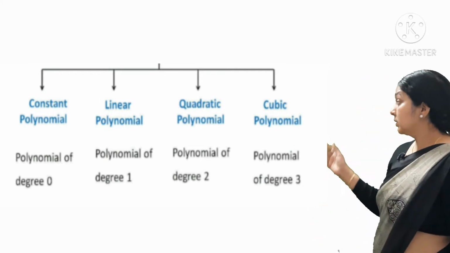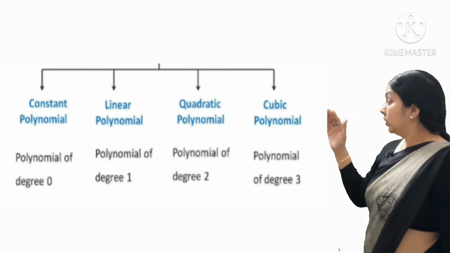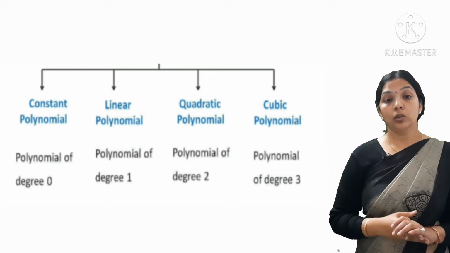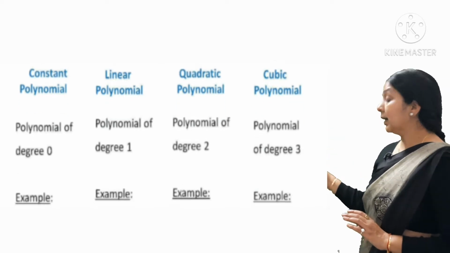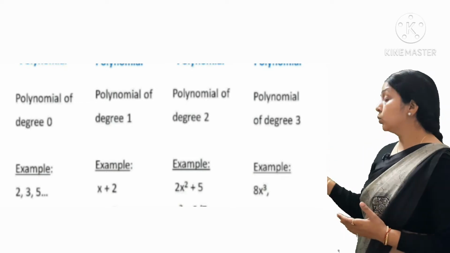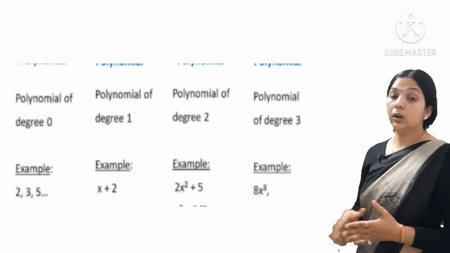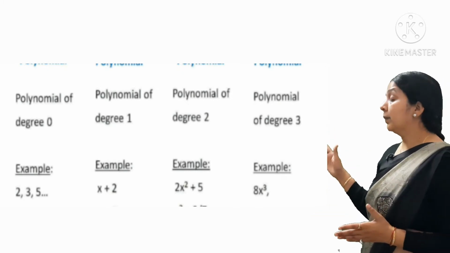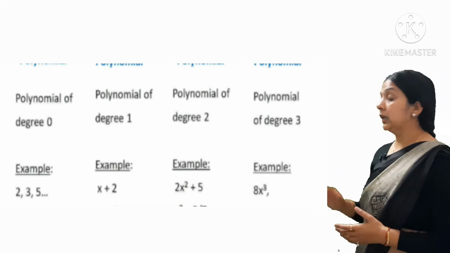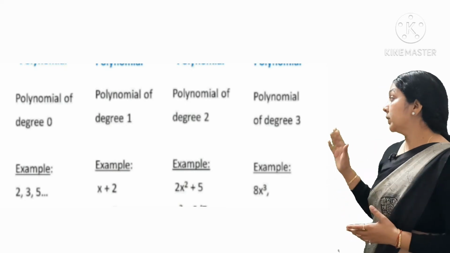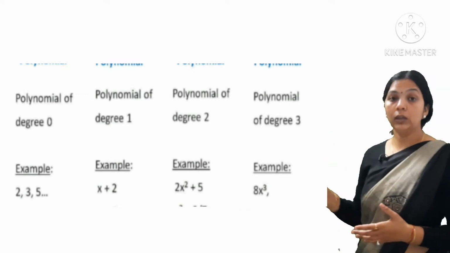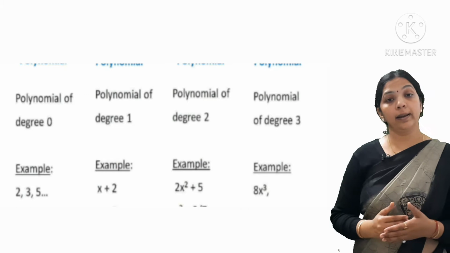We can discuss this with an example. Now, what are constant polynomials? As I told you, if the degree of the polynomial is 0, then it is a constant polynomial. So, for example, the constant numbers 2, 3, 5, we can write 2 as 2x to the power 0. So, it is a constant polynomial. If we write 2x plus 5, y plus 5, t plus 7, these are the linear polynomials because the degree of the variable in this is 1. If we write 2x square plus 5, x square plus 2x, 2 upon 7x and so on, then these are the quadratic polynomials because they have 2 degrees.